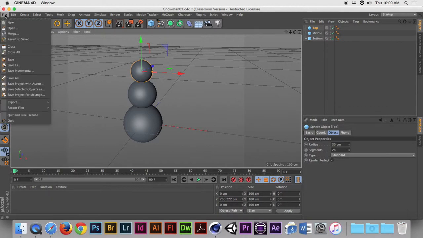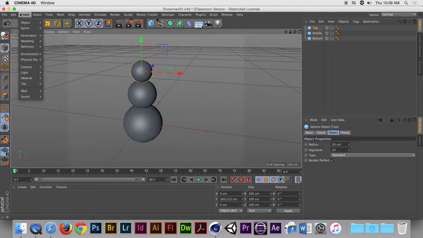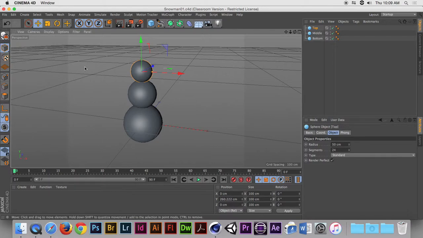So I'm going to say File, Save. Remember, I've already named this Snowman01, so I can just choose File, Save. Okay. Now I've saved the progress of my project, and now I'm going to make some bold design decisions here